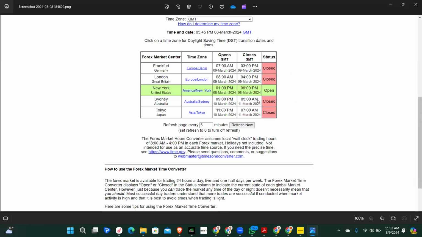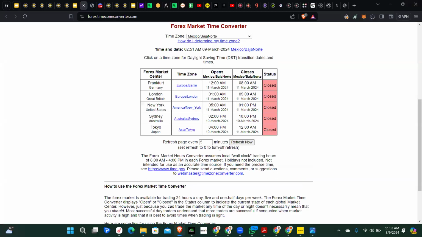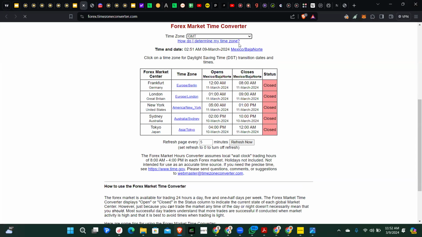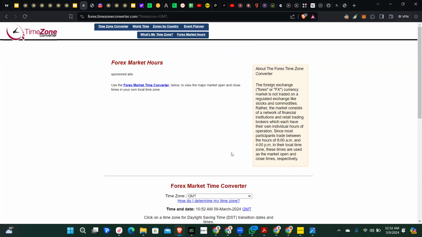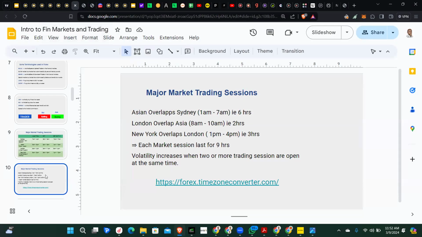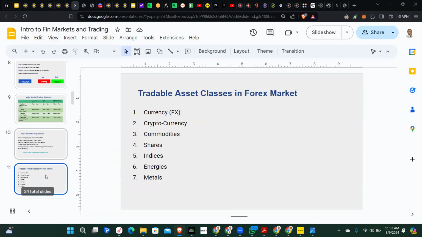All right, so this is actually a screenshot I took yesterday when the market was open. So you see that it's showing market open. So that is just it. That site is going to come in handy, maybe if by tomorrow you travel to any country that is not captured there, you can just come and change it to that particular time zone. All right, so I believe that is clear, but if that is not clear, you can let me know in the comment section.